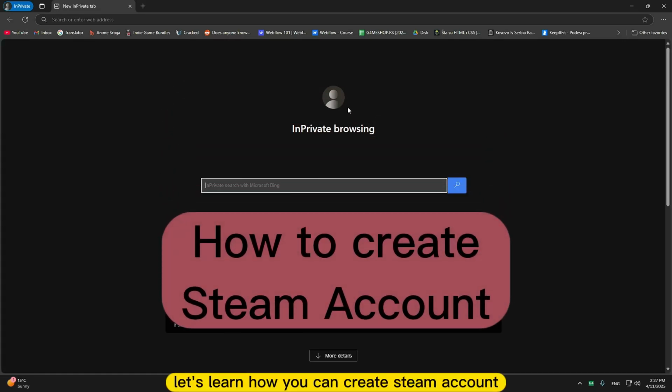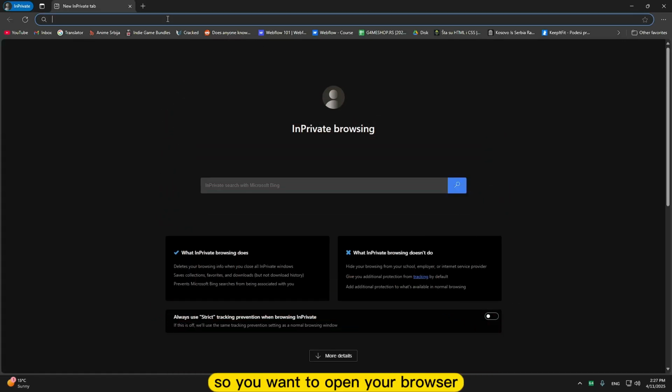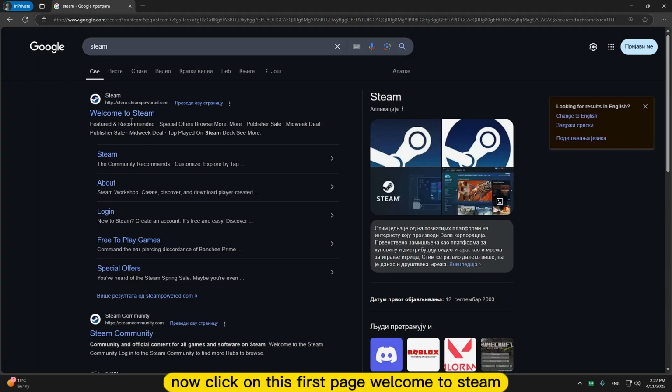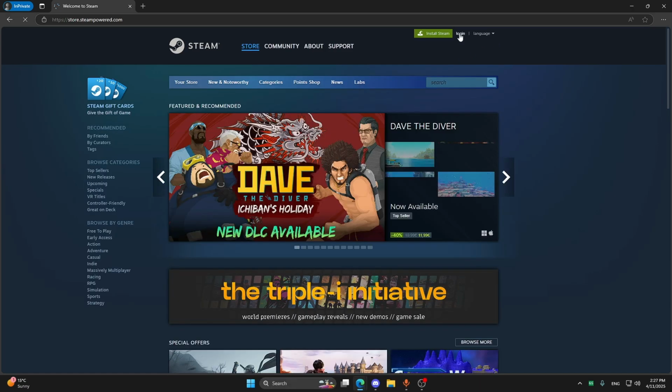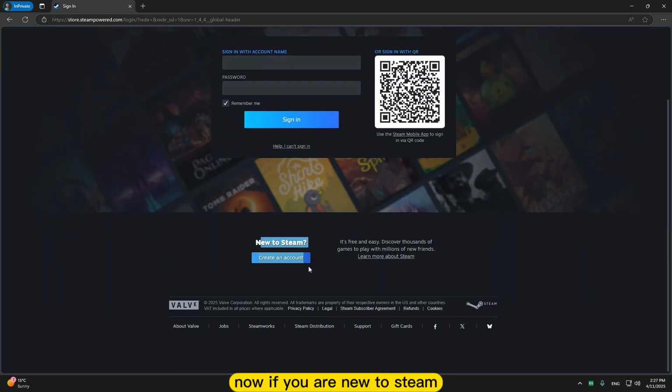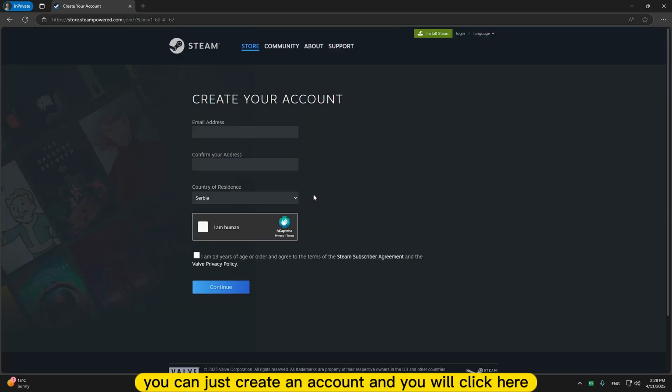Let's learn how you can create a Steam account. So you want to open your browser, whatever you want to use, and just go and find Steam. Now click on this first page, Welcome to Steam. Click on login. Now if you are new to Steam, you can just create an account and you will click